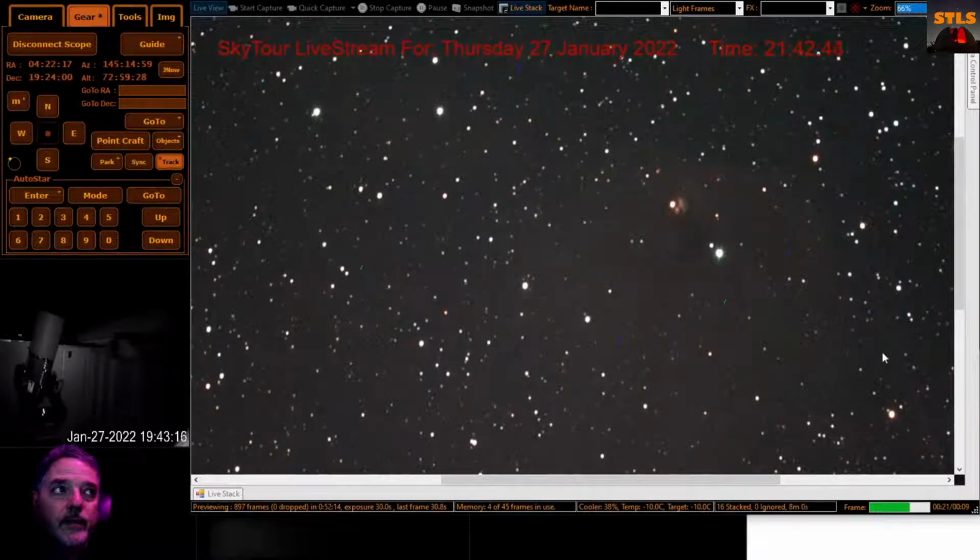Star in the middle is T-Tauri, where the name T-Tauri stars come from. That's right. Yep. And the T-Tauri stars are the ones that we see inside the Orion Nebula. They're young, hot stars, and you might say, well, why are they called T-Tauri stars? Well, because T-Tauri, T dash, capital letter T dash